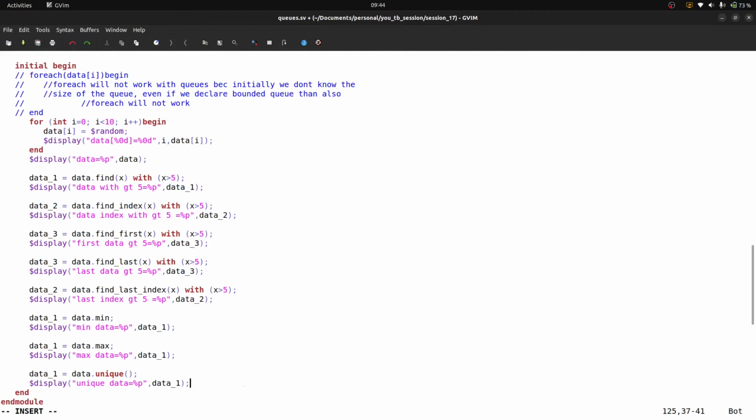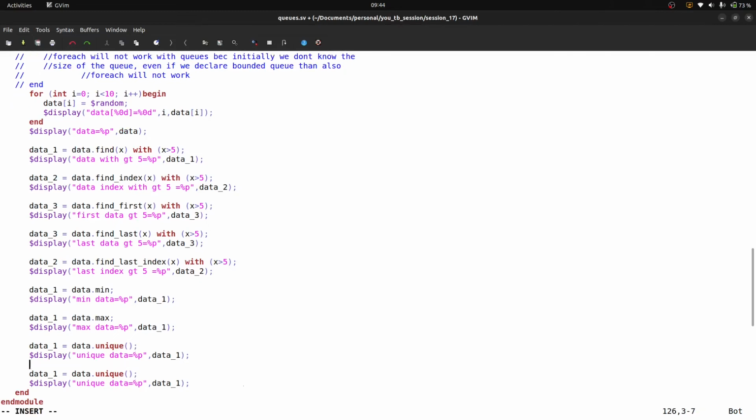Okay, so next one is data.unique_index. Simply it will return the index values of unique data, right? So guys, I hope we have done with all these methods. So now it's time to execute this piece of code.